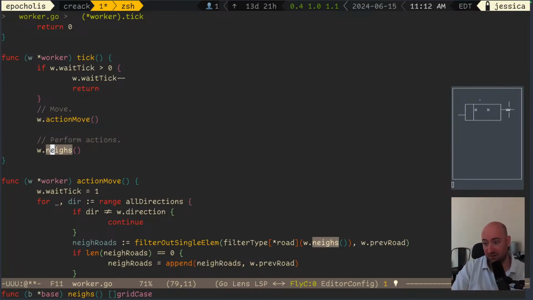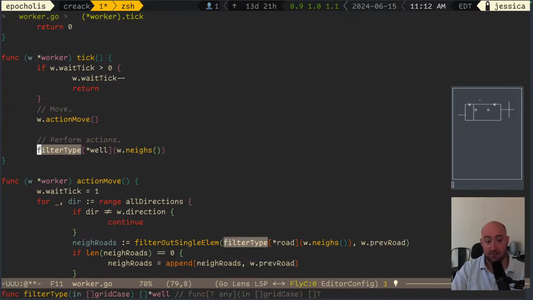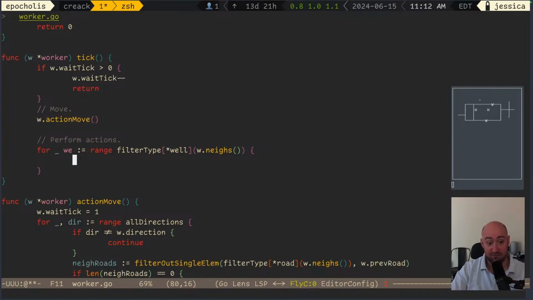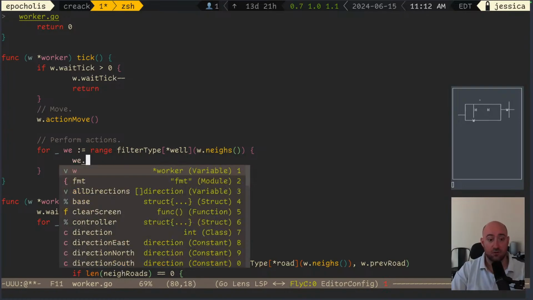So in our case, we actually look for wells. One step at a time. Of course, that's not going to be suitable at scale, but let's see, a filter on type star well of our neighbors. And then we're going to basically look at all of them. So we can say for w, range of that. If there is none, nothing is going to happen. But if there is, we can say